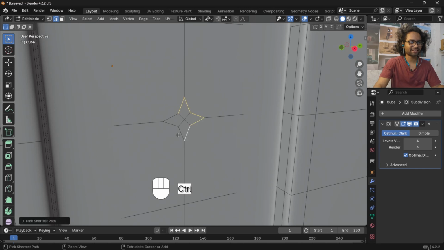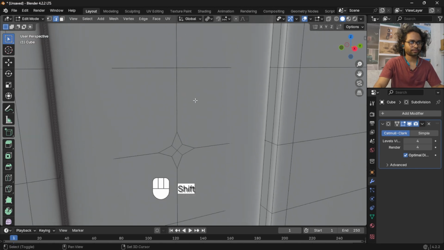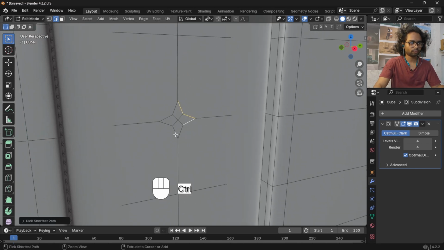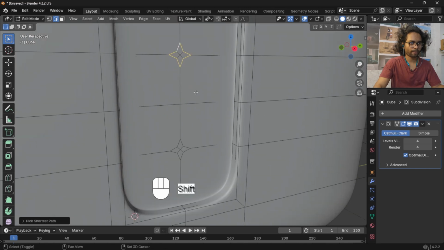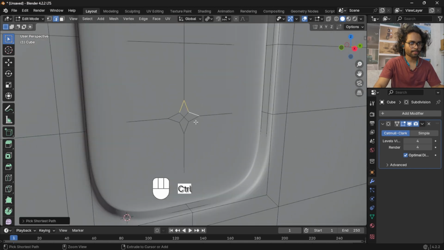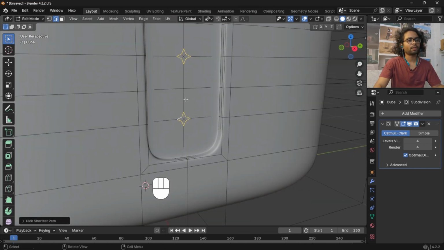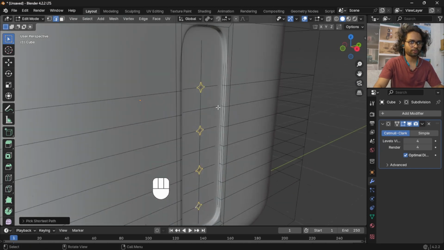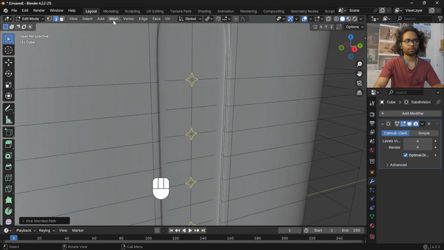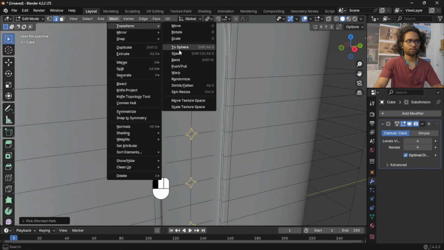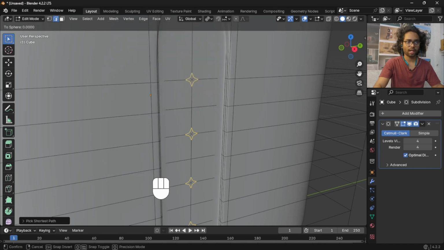Okay, just select these. Great. Now we can press Alt Shift S, or you can go to Mesh, Transform, To Sphere, and then